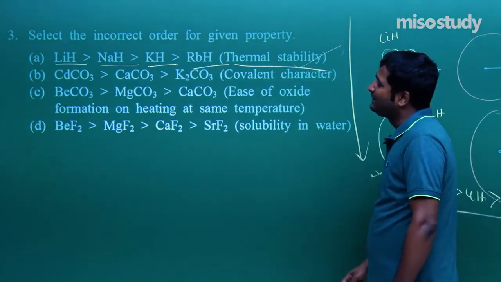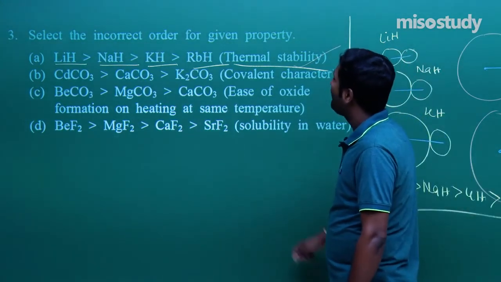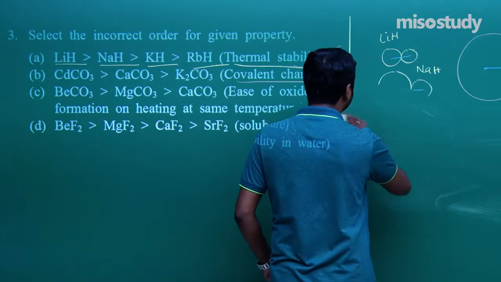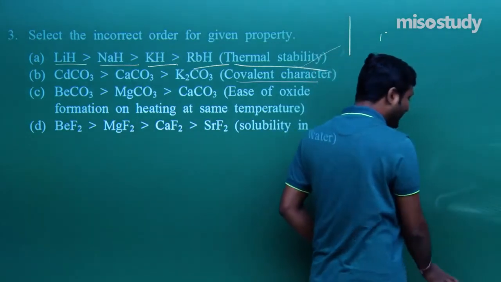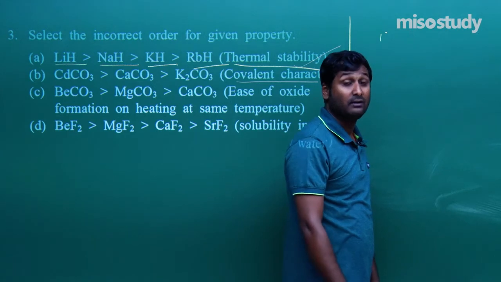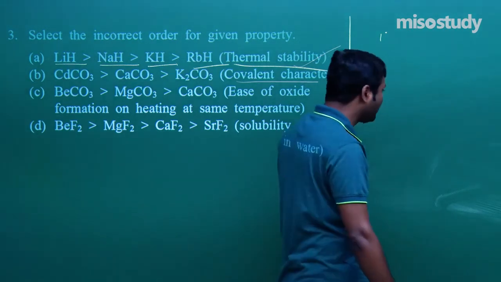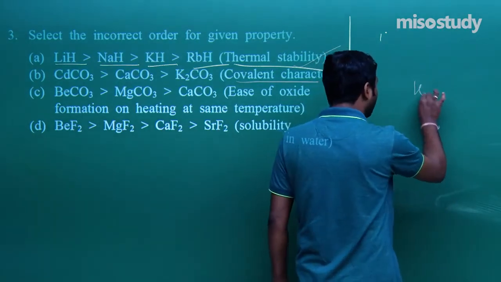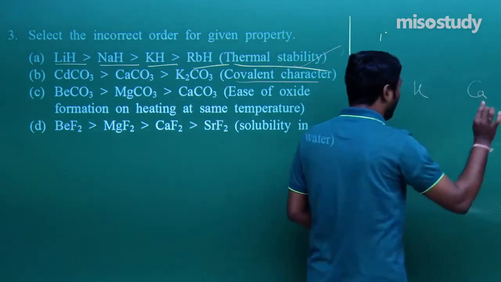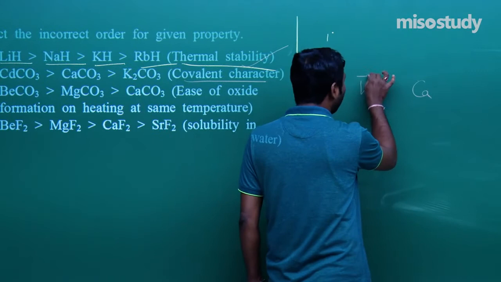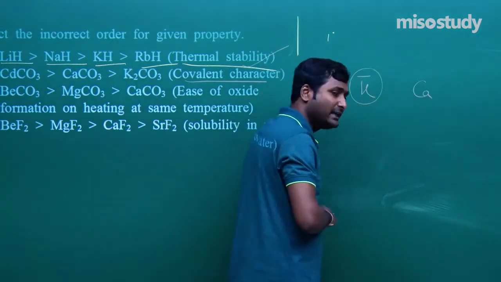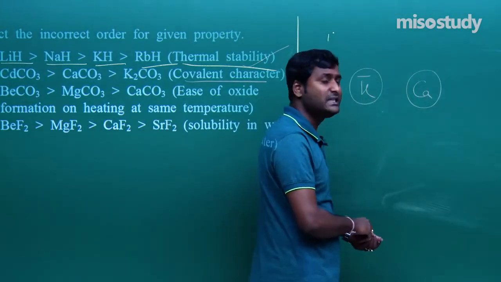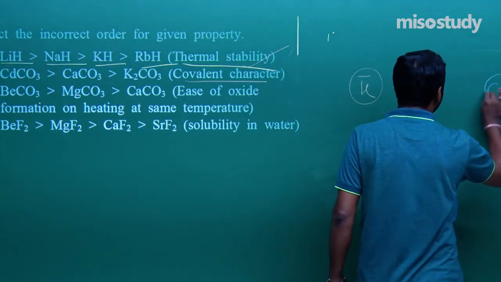Now look at the covalent character. Good. This is a good question. As we know, potassium and calcium is, tell me, a metal, and metal carbonates or metal compounds generally form ionic compounds. So if I talk about alkali metal and alkaline earth metal, we know that alkali metal has more tendency to form ionic compounds. Then there comes alkaline earth metal, then there comes D block element, and Cd belongs to D block element.